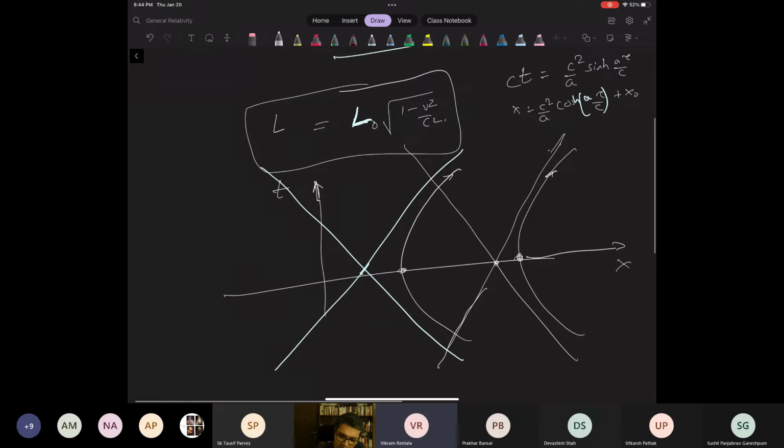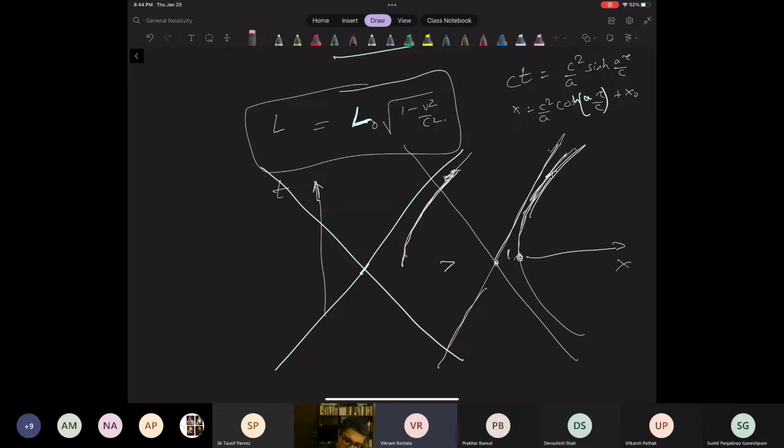Now when these two spaceships accelerate, they have a thread connecting them. This spaceship accelerates, the other spaceship accelerates. Very quickly, what you will see is that this spaceship is outside the Rindler horizon of this observer. And this spaceship, even if it started inside the Rindler horizon, let's say over here, would eventually exit the Rindler horizon, because it has different asymptotes. Let's assume that they start here together. Even if they were very close together to begin with,